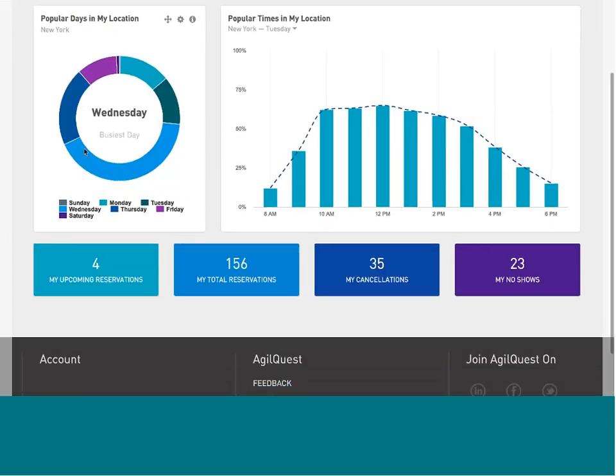I can also look at the number of upcoming reservations that I have, how many reservations I have made total, and how many times I have canceled or not shown up. Now, we do make this data available on our user dashboard, and some of you may wonder, why are we